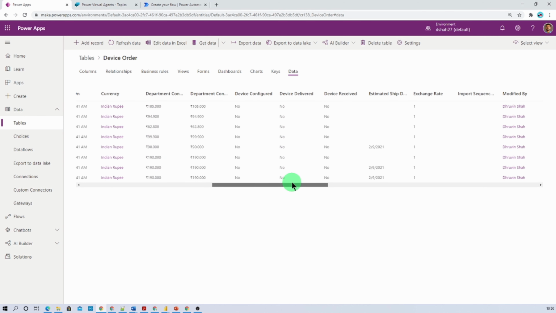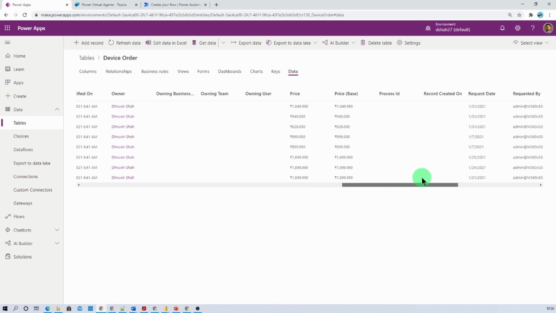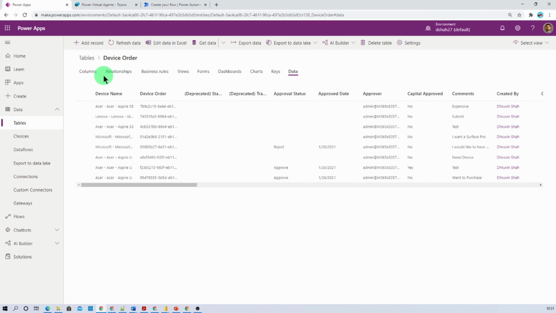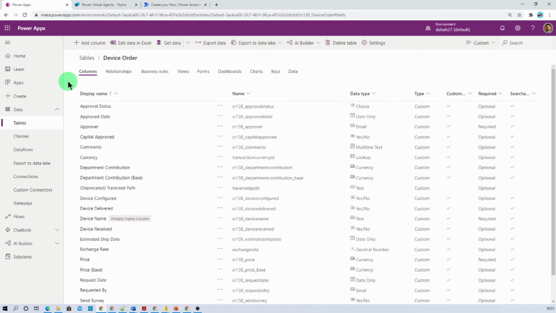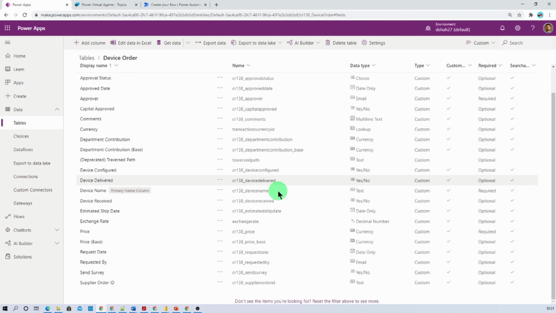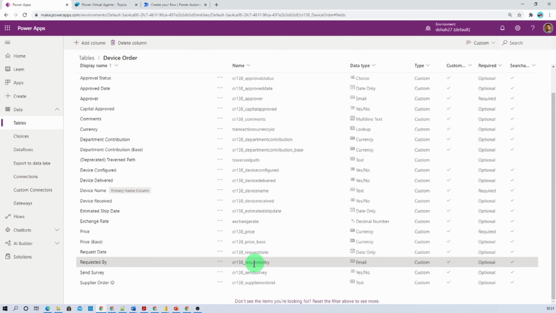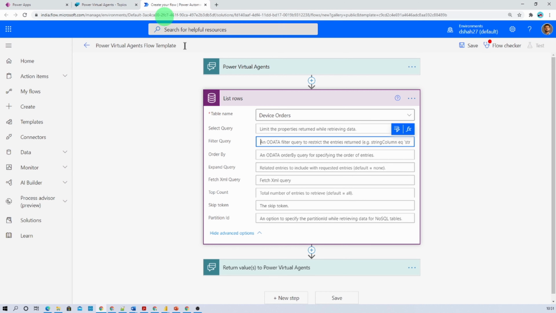One is requested by, meaning who is the requester, and second one is device name. Let's add our query. For that we just need to use the internal name. So first of all, let's say we have the requested by column. So here the internal name is CR138 requested by. So let's copy this name and provide it here, that CR138 requested by equal to the email that we have passed. So we just need to have it and click here,